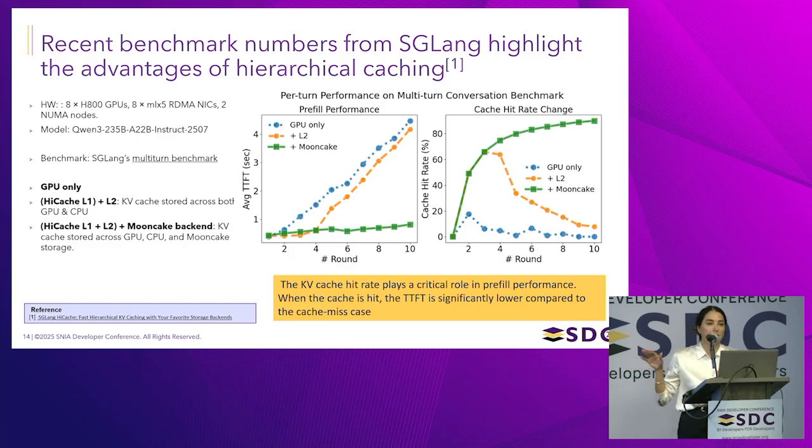Obviously, in this setup they do some optimization, such as prefetching, where they try to prefetch the cache as well to eliminate some bottlenecks, but this is definitely showing us the value of having a disk-based